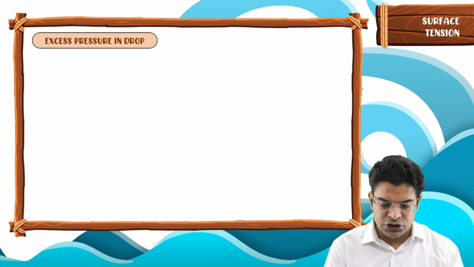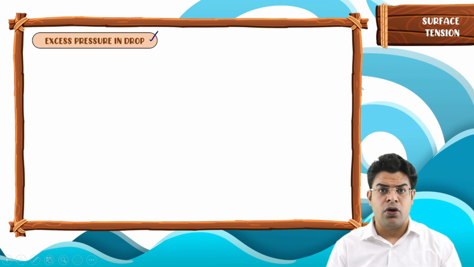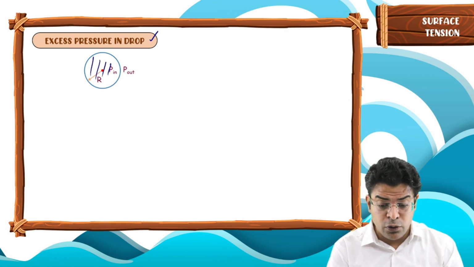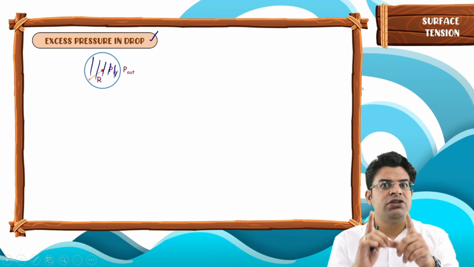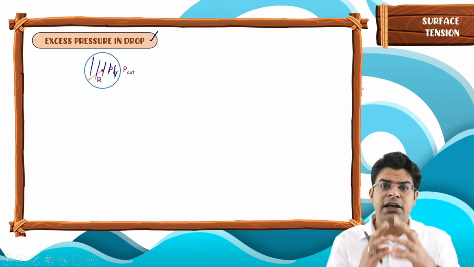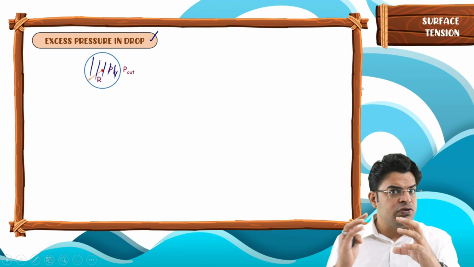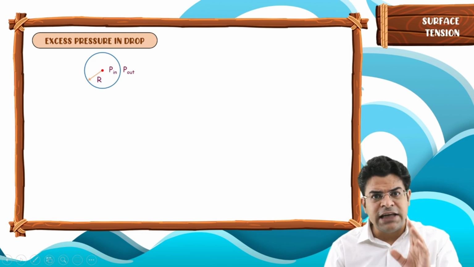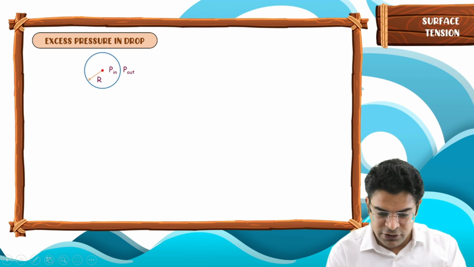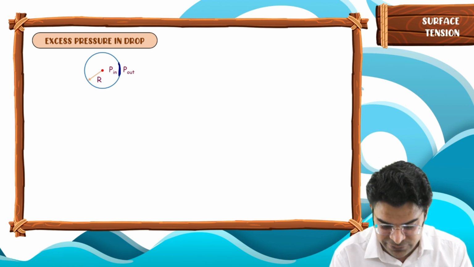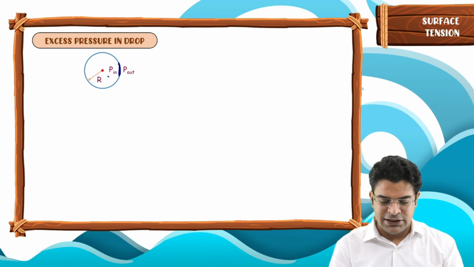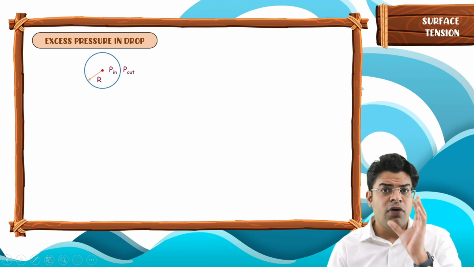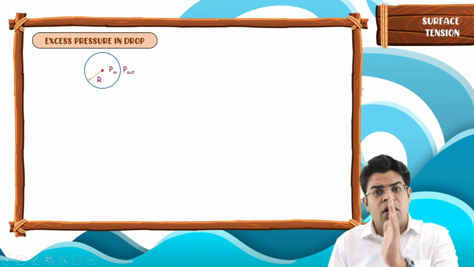So now let's talk about excess pressure in a drop. If you have a drop, I'm saying a drop, it is entirely liquid inside. I'm not saying bubble of fluid in air. In case of bubble, there is air inside, there is air outside. Here I'm talking about a drop. So if you have a drop, the pressure inside will be more or the pressure outside will be more. So you will say, sir, just by looking at the surface, we can say that the pressure inside has to be more than the pressure outside. Our mission here is to find the difference in the pressure inside and outside for a drop.